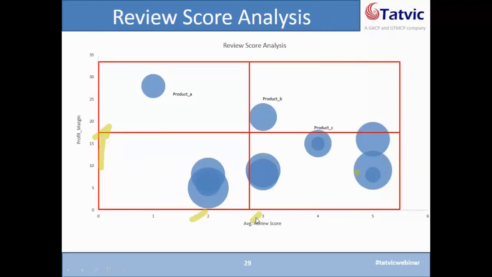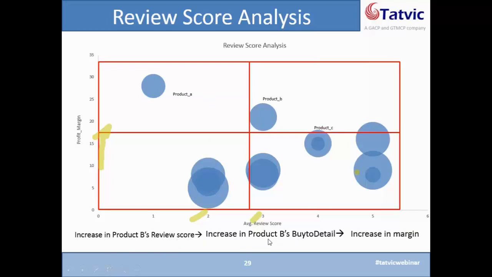If we can plot product margins and average review score for given products, we would know that this product A has a profit margin of about 27% and a review score of 1. So if we take product A, and whoever buys product A, if we can send a lot of emails to them asking for a review, assuming that the product is great, or if there's some way by which we can get more people to review, then by increasing the review score, we are increasing the product's buy to detail rate, and eventually that impacts into an increase in the margin. So this is a very quick analysis that anyone can do, if they implement